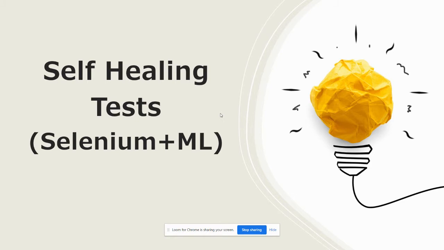So self-healing, in a broader way, or in a gist, we can say that it's a holistic study of the attributes and the elements and their properties that are present in the current web browser, and then identifying the correct element based on all these properties that are present. Okay, so that's the theory part, and it will be clearer if I do the demo. So let's just jump on it.